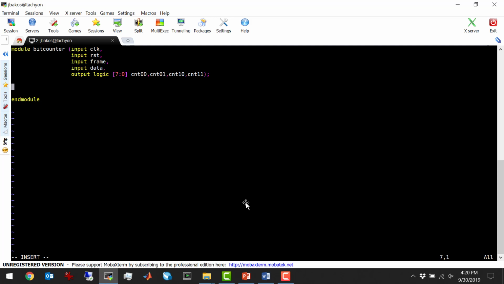So I'm going to start out with logic called enable_count00, enable_count01, enable_count10, and enable_count11. And I'm also going to have a reset_count that will reset all the counters,